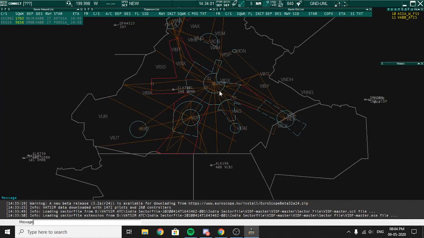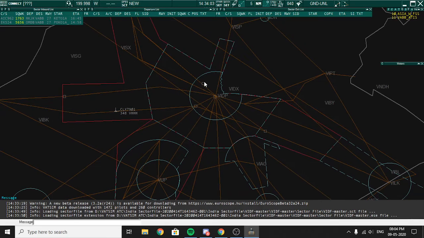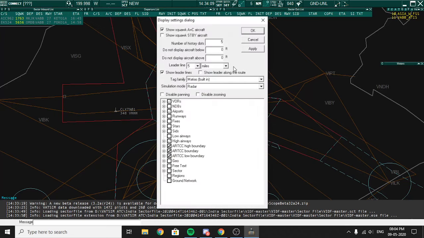Right click, and then there comes the display option. You have to click the GND UNL option here. Go to that, and then assuming you are going for ground, click these which I recommend. Click airports, runways, geo, free text and ground network, and show squawk on bedphone, and click apply.